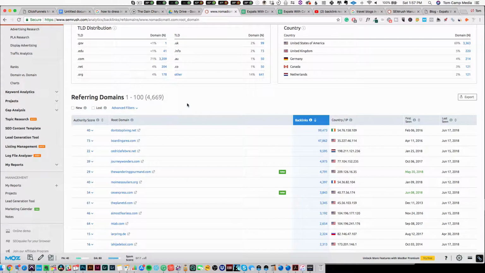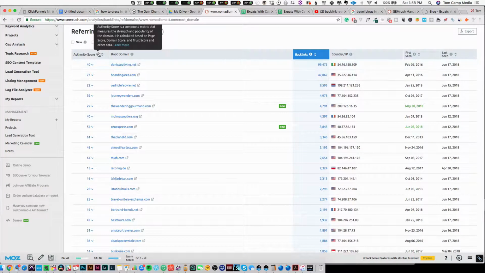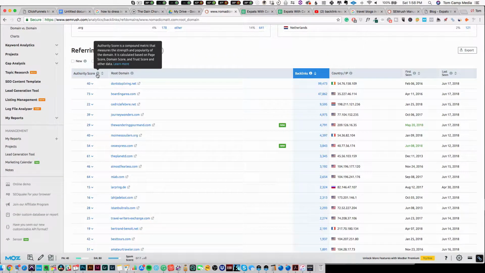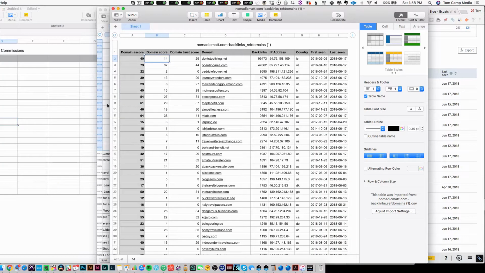Okay, so I would like to know the difference between the authority score as a compound metric, page score, domain score, and trust score. Okay, so we want the authority score. So that's this. So I'm going to move this